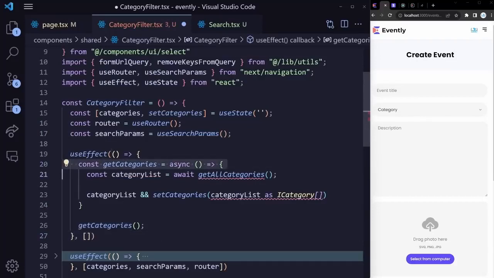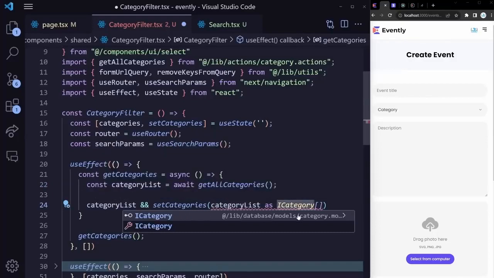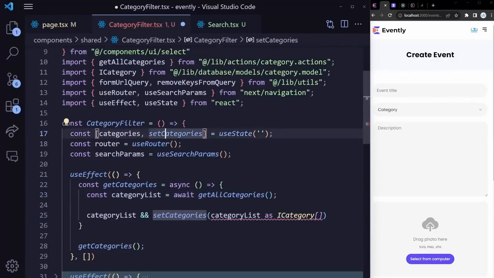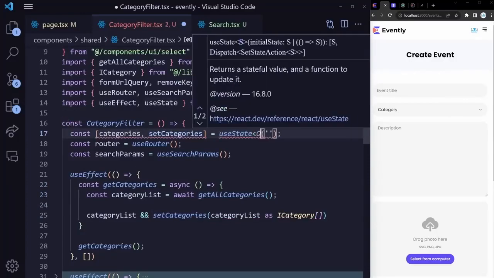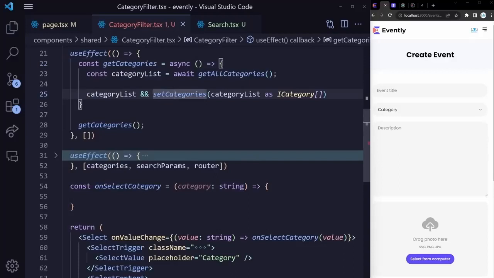Get categories is equal to category list, where we import this getAllCategories from the actions. And then we set the category list as ICategory, which we have to import from database models. And also we have to define the type of the categories to be equal to ICategory and an array right here. And this is also going to be an array. Now, if we reload the page,